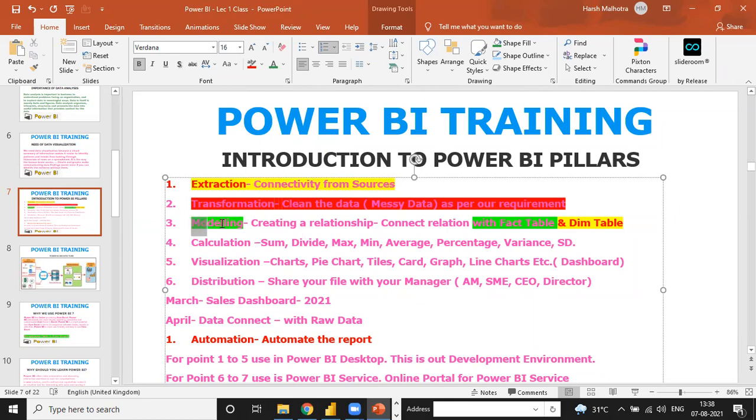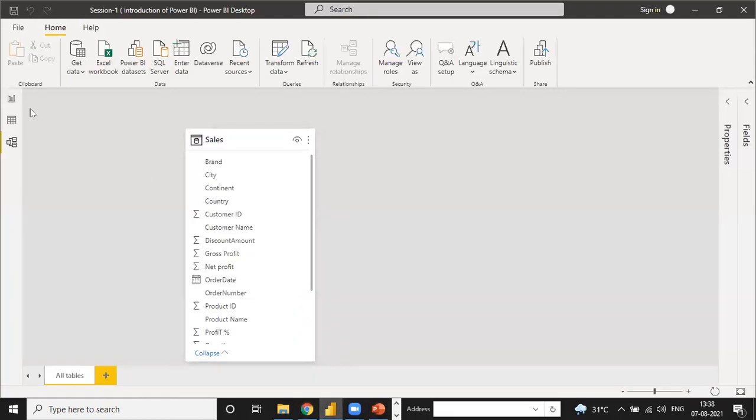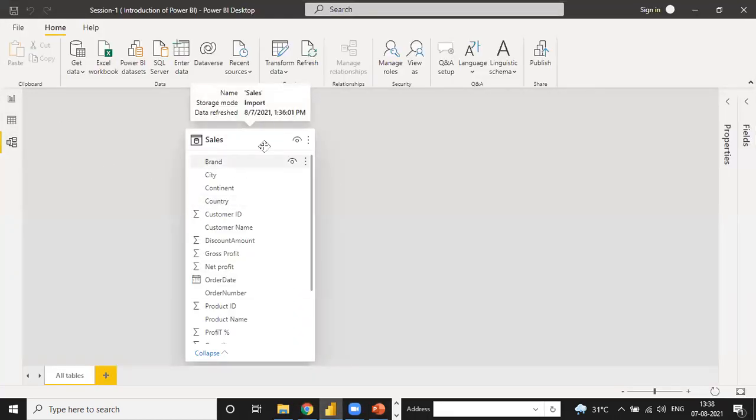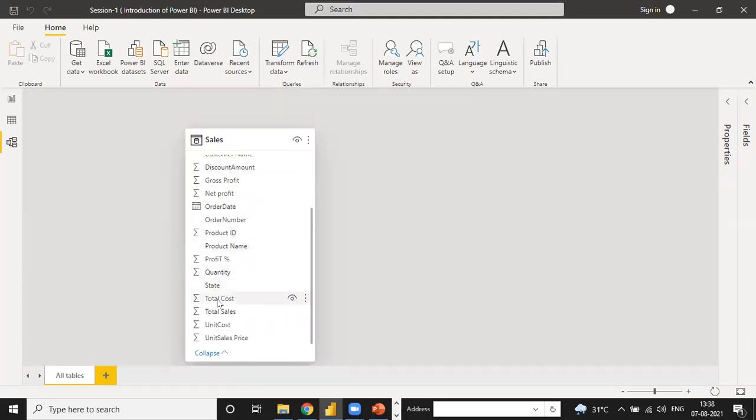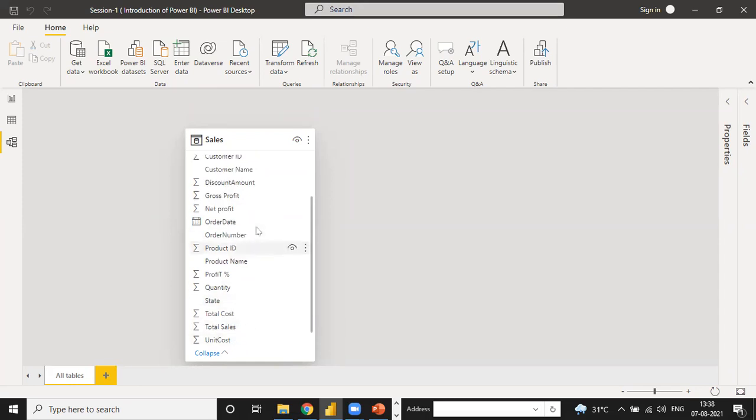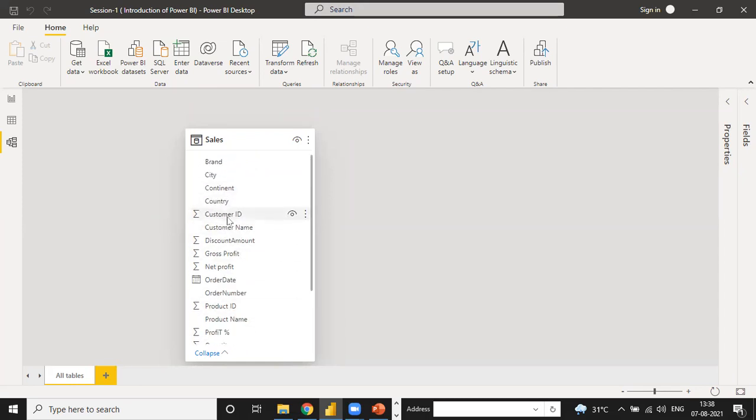The third one is modeling. What is modeling? Suppose in Power BI this is the sales table, and in it I have the total cost, total sales units, and also the product and country. But when you work with a large MNC, you don't have the complete sales data in just one table.